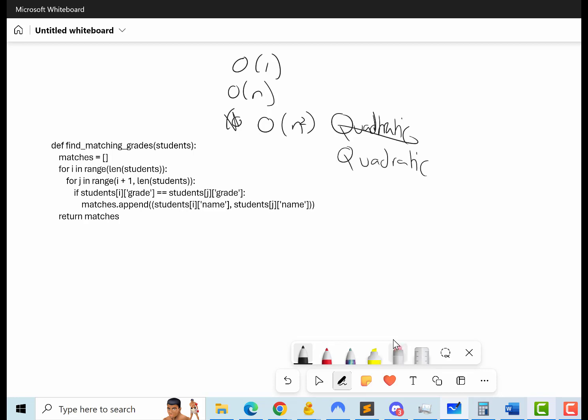Quadratic. There you go. The rule for this is simple. We've got nested for loops here. These for loops are looping through the same data. So we're saying that the execution time